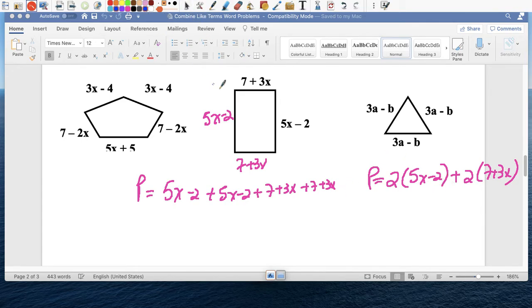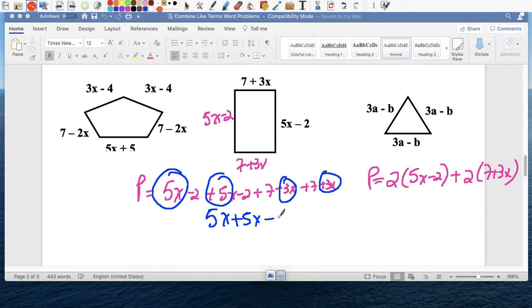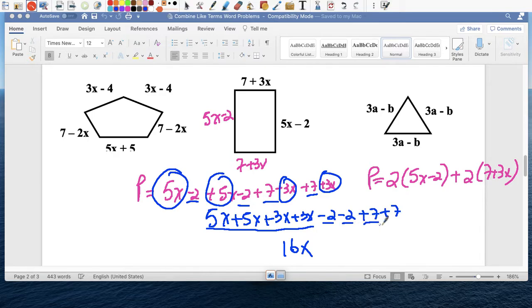So let's do this one. 5x, 5x, 3x, and 3x. So all the like terms next to each other. Plus 3x, plus 3x. And then minus 2, plus 7, plus 7. Combine the like terms. Let's combine all the x's. 5 plus 5 plus 3 plus 3 is 16x. Negative 2 is negative 4, plus 7 is positive 3. And 3 plus 10 is